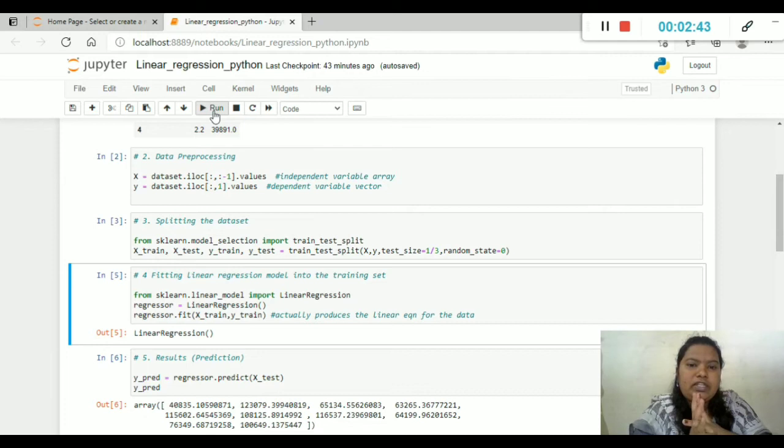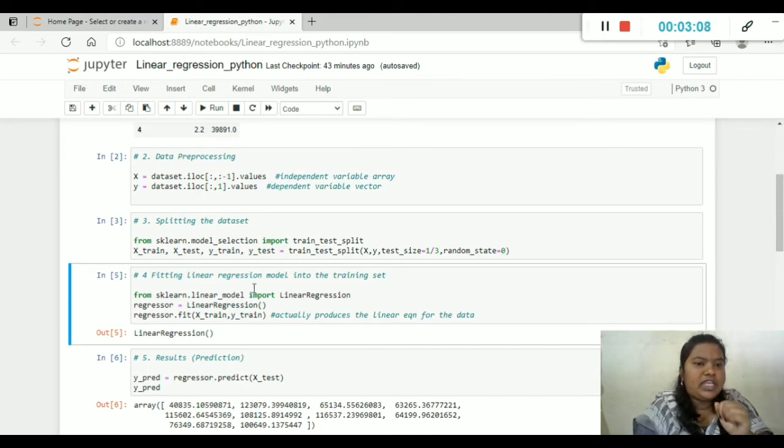We can divide it using a 20/80 ratio or a 70/30 ratio. Here we are using a test size of 1/3. So we are splitting the data set into X train and X test, similarly Y train and Y test. The test set will be used for the testing purpose.